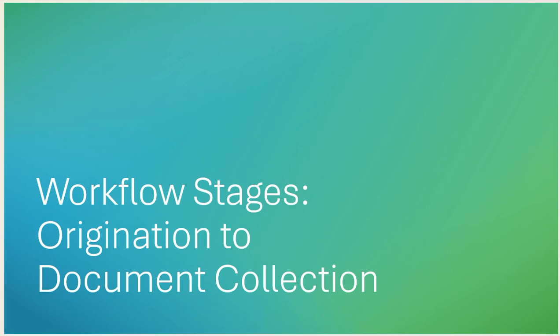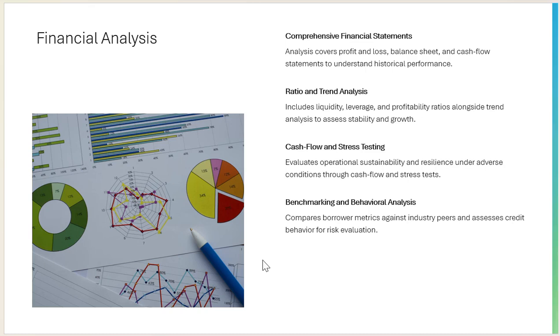So what are the documents, or what will the analyst do while collecting the documents? In the financial analysis stage, which represents the quantitative core of the credit proposal workflow, it involves a deep dive into the borrower's historical financial performance, beginning with analysis of audited financial statements to review the profit and loss account, balance sheet and cash flow statement. Ratio analysis forms a core component, including examining liquidity ratios such as the current ratio or the quick ratio, leverage ratios like debt equity, interest coverage, and profitability ratios such as the margin, ROC,